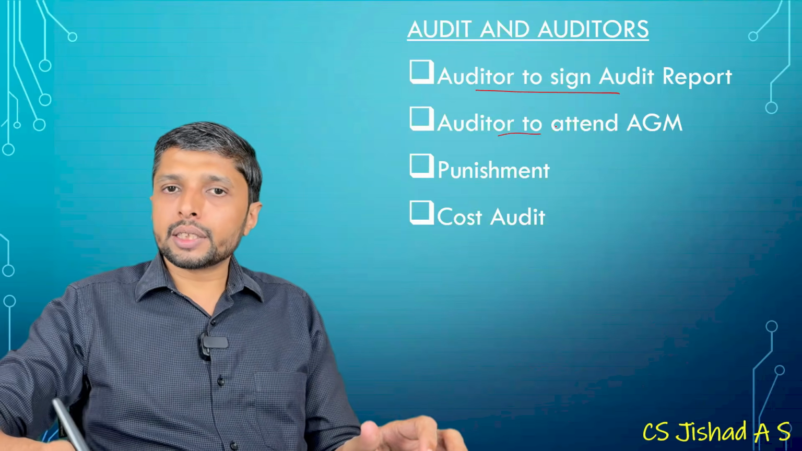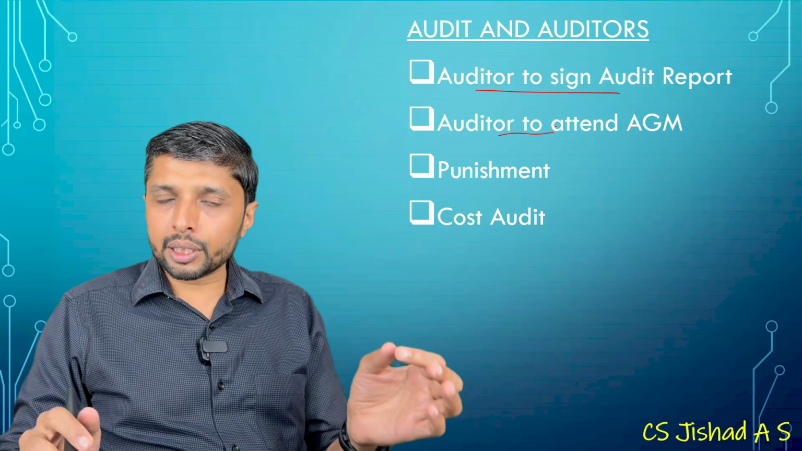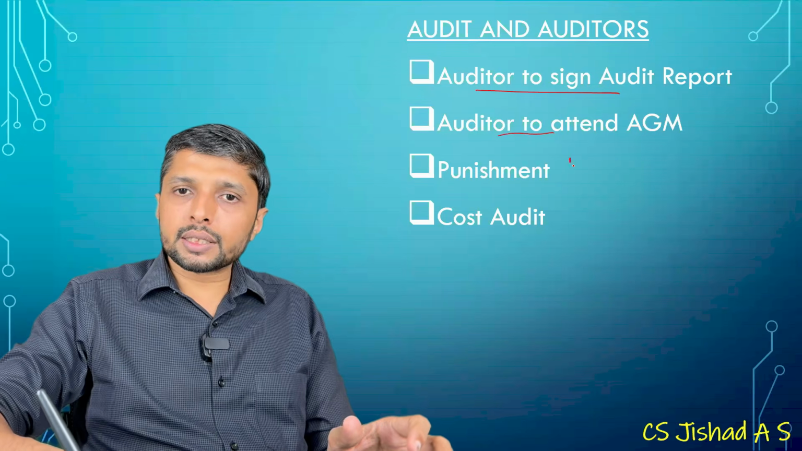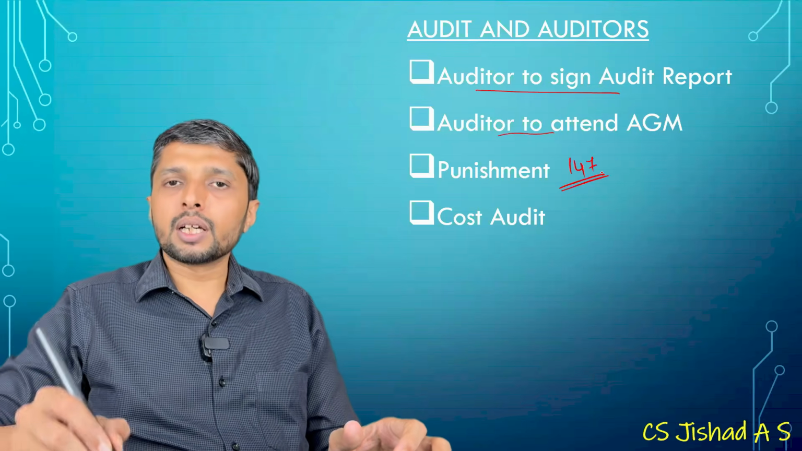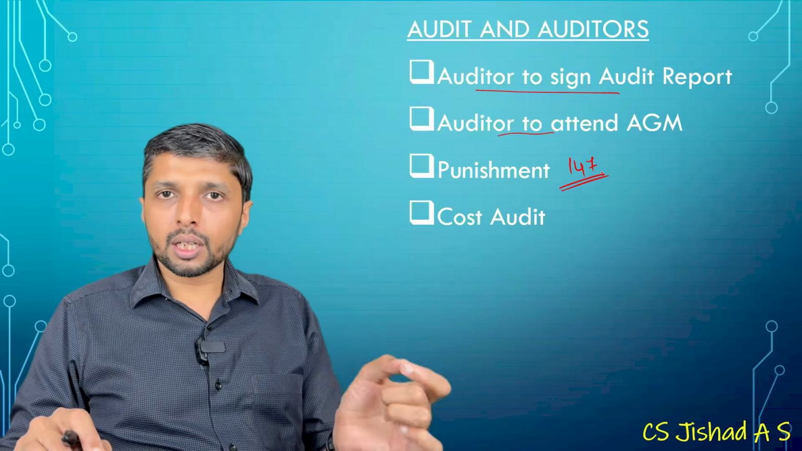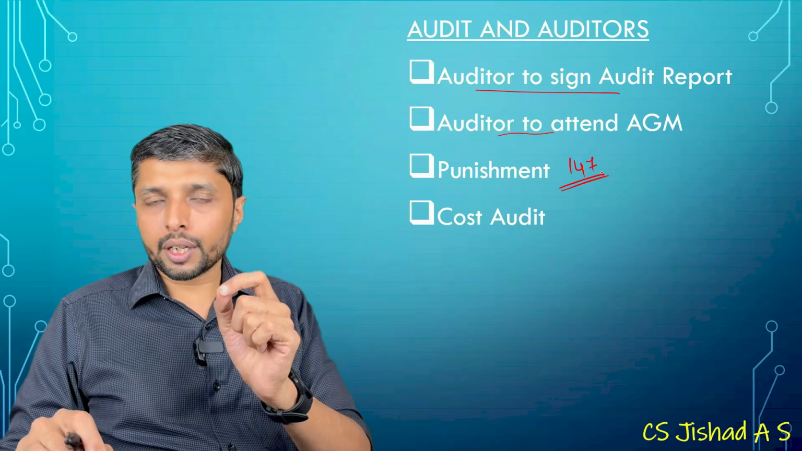Auditor to attend AGM or the representative can attend AGM. A representative will have to be CA in practice. The punishment is explained in section 147. The punishment to the company, punishment to officer in default, punishment to auditor if the auditor is violating